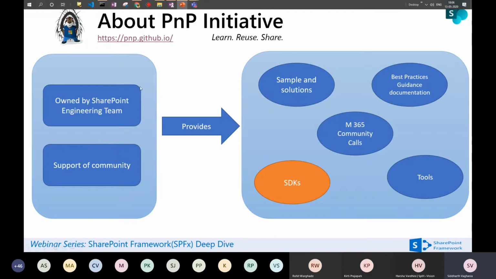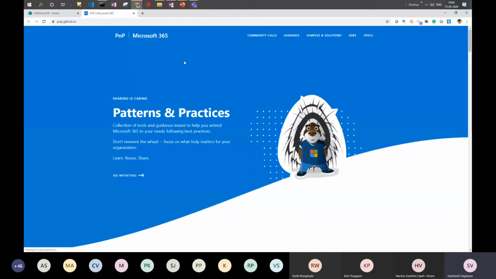There is a quick landing page which was launched a few days back, which is basically a single stop page wherein you will see all the links, resources, and libraries which are available under the PNP initiative. So if you see here,